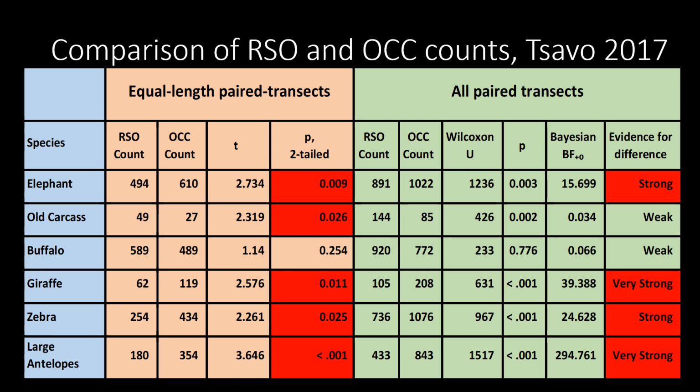Elephants are the biggest interest. There's about a 12% difference between the higher count from the observer counts, from the oblique camera count, I'm sorry. Giraffe are almost double, zebra about 22% higher, and large antelopes almost double the number that was seen by the human eye. The exceptions are carcasses, where the initial camera count estimated fewer, but I'll come back to